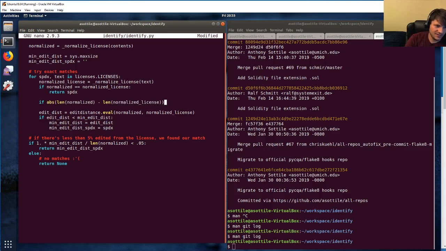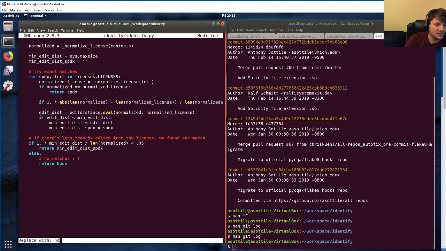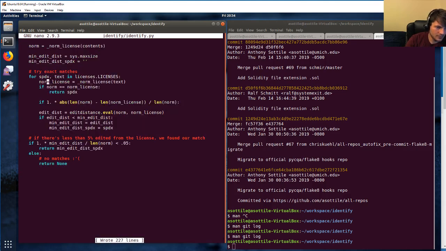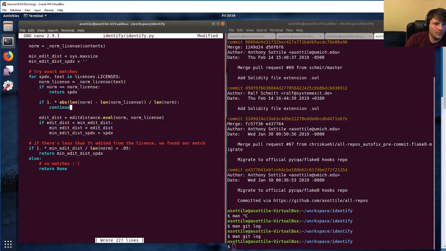Absolute value of the difference of those two divided by the length of the license. Normalized is long. We'll just replace that with the word norm. If that is greater than 0.05,